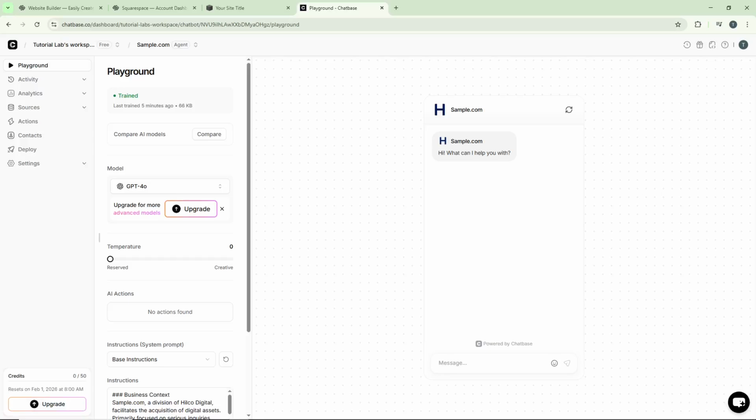Welcome back, everybody. Today I'm going to teach you how to connect Squarespace to Chatbase. This integration allows you to embed a custom chatbot directly into your Squarespace website, giving your visitors instant support and